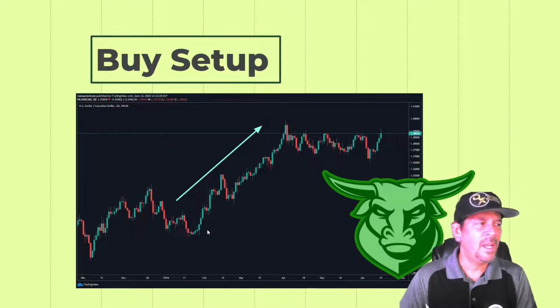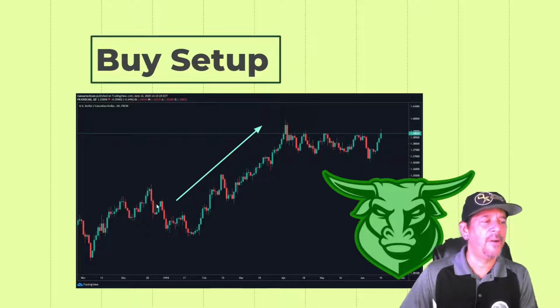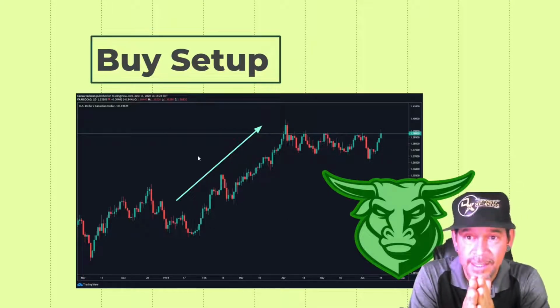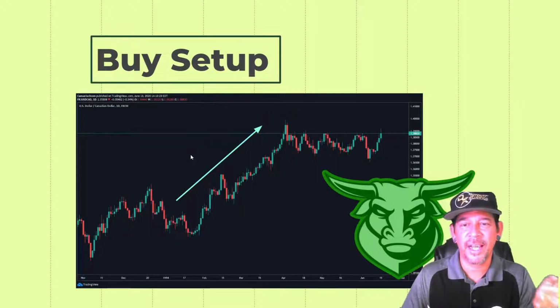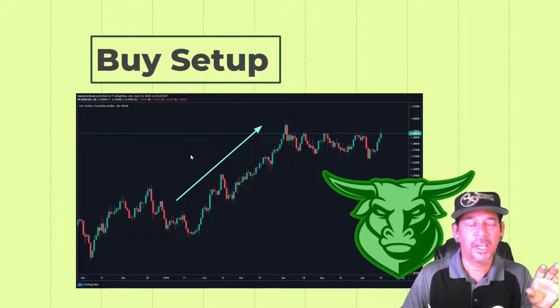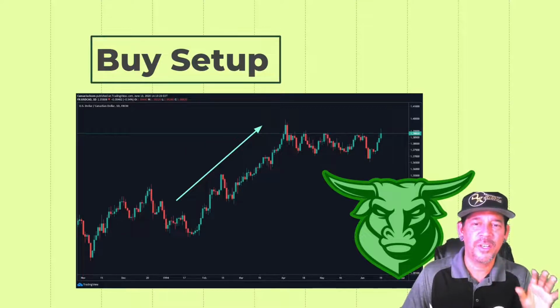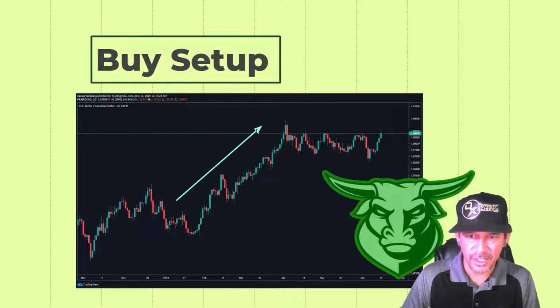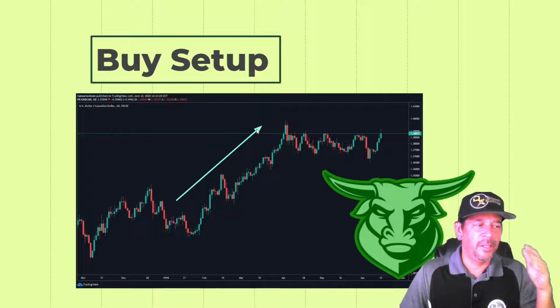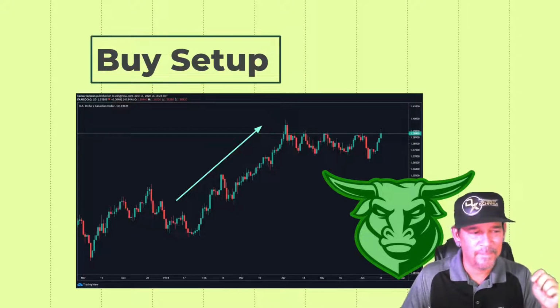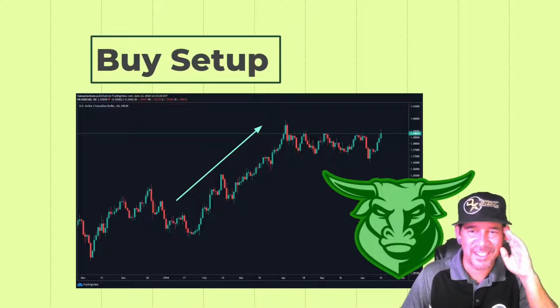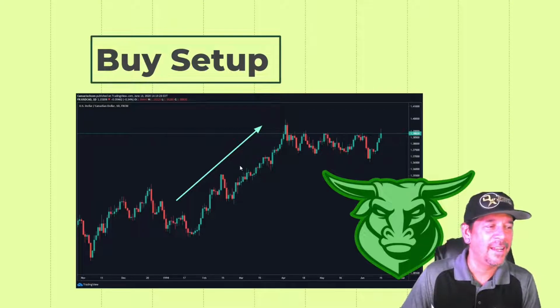Okay, so this is a bullish market. Now, one thing I do want to point out, guys: if this is the first time looking at a chart, it could look intimidating. But what I want you to understand is you don't need to be a mathematician. You don't need to be some crazy physicist or data professional or anything like that.